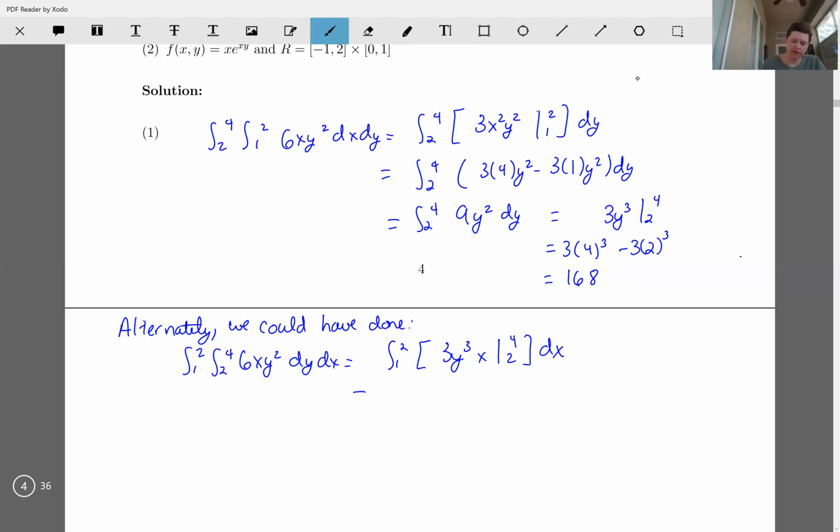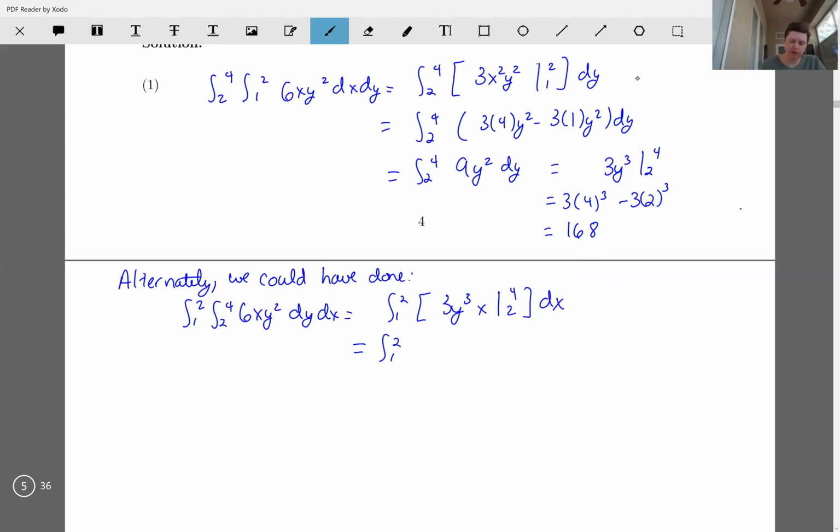So that's going to give me the integral from 1 to 2 of 3 times 4 cubed x minus 3 times 2 cubed x dx, which is going to give me, let's see, 64 times 3 is 192, and 3 times 8 is 24, so that's going to give me 168, so I get the integral from 1 to 2 of 168x dx, which is going to give me,